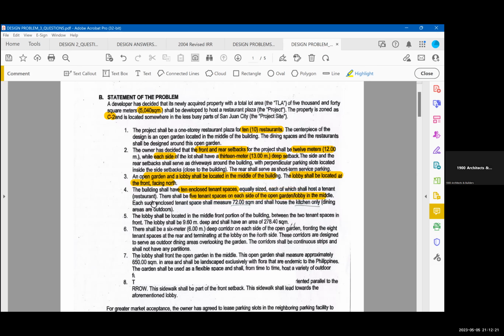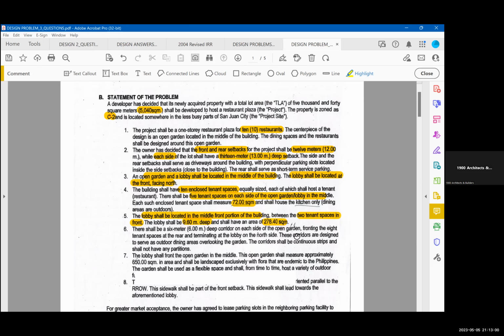Lobby in the middle. Each such enclosed tenant space shall measure 72 square meters and shall house the kitchen only. Dining areas are outdoors. Number 5. The lobby shall be located in the middle front portion of the building, between the 2 tenant spaces in front. So, the lobby daw is in the middle front, right? And then in between may 2 tenant spaces dun sa front. The lobby shall be 9.6 deep and shall have